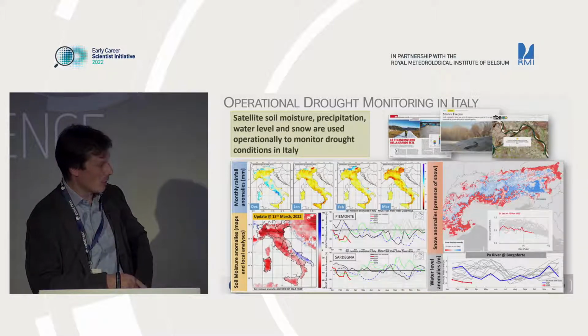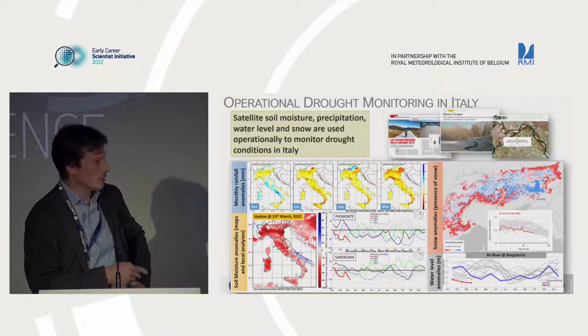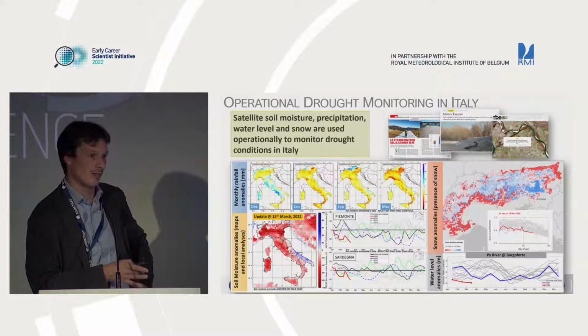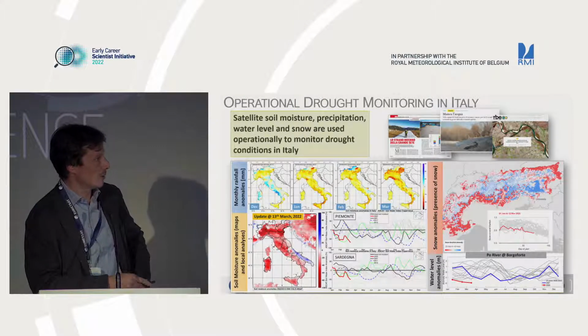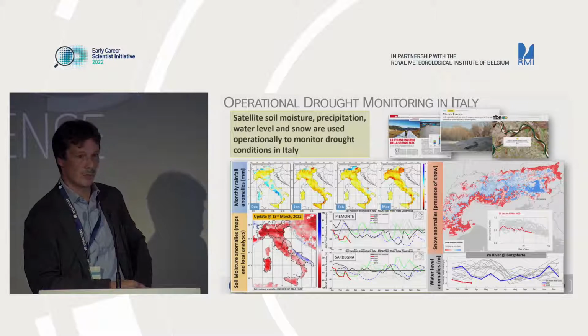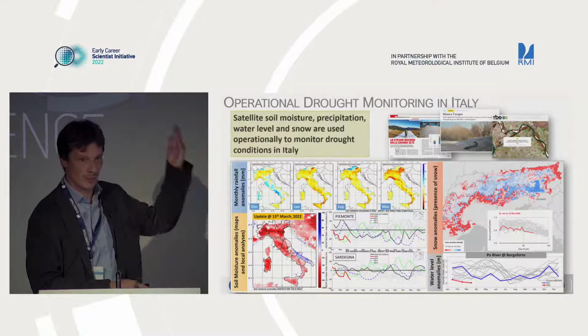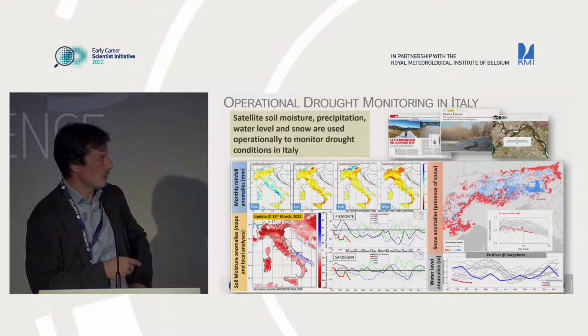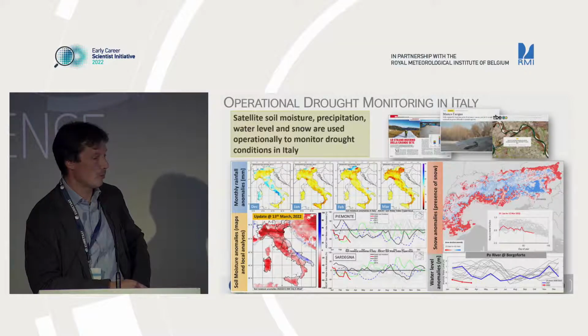We can also track river discharge. And so by using only satellite data, you can track the different components of the water cycle, and you can really have an understanding of what's happening. Sometimes we study drought by using only precipitation, because precipitation is available since the 80s. But now with satellite data, we can really track all the components, and it's really a huge step forward for